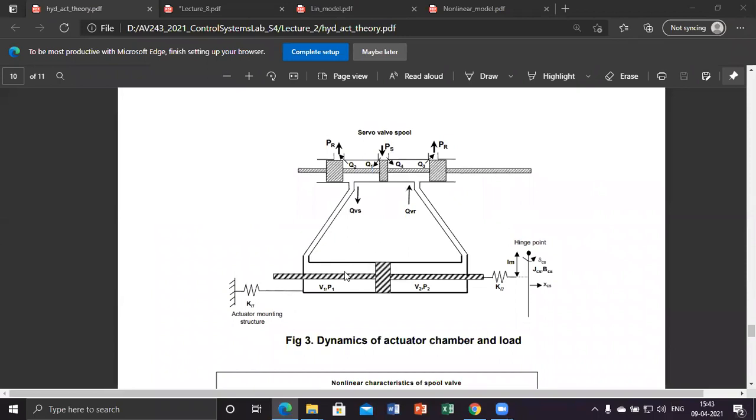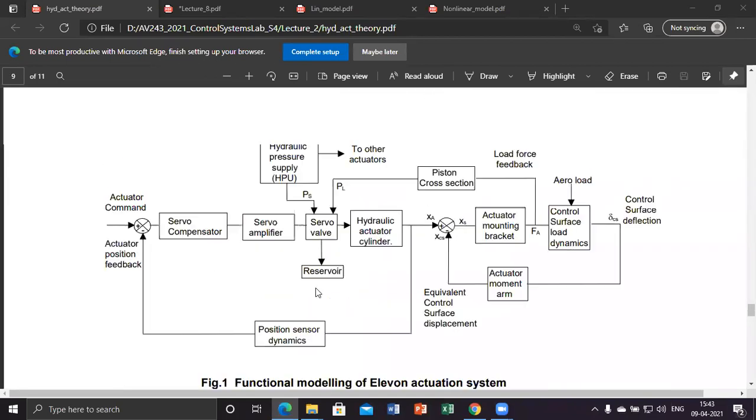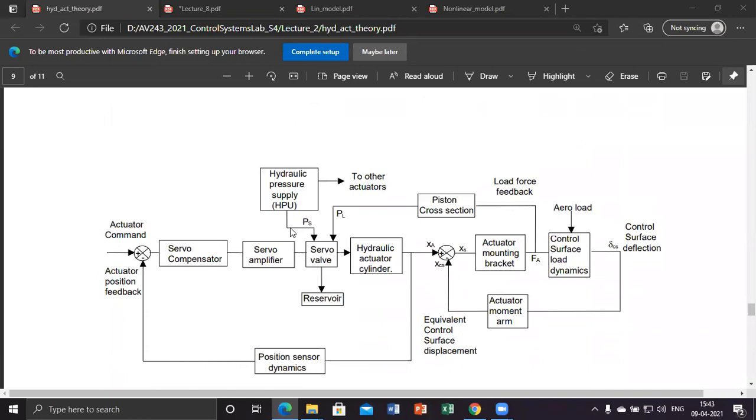You can look into this diagram. This is the servo valve. What are the external signals connected? PS, PR and PL. The entire mechanical effects are reflected to the hydraulic system through the delta P across this. So if you want to model the servo valve, we should have PS, PR and PL as the signals. That is what is given here, PS, PR portion and PL.